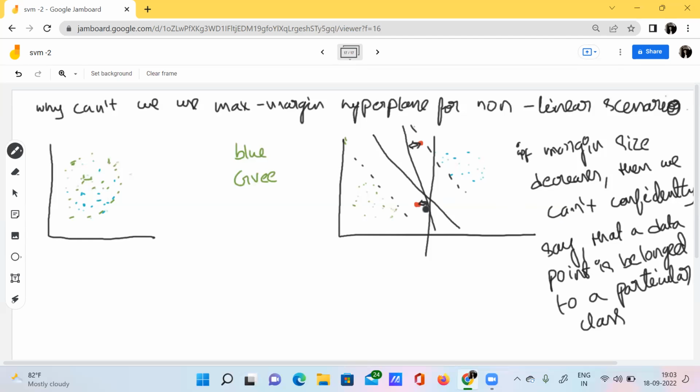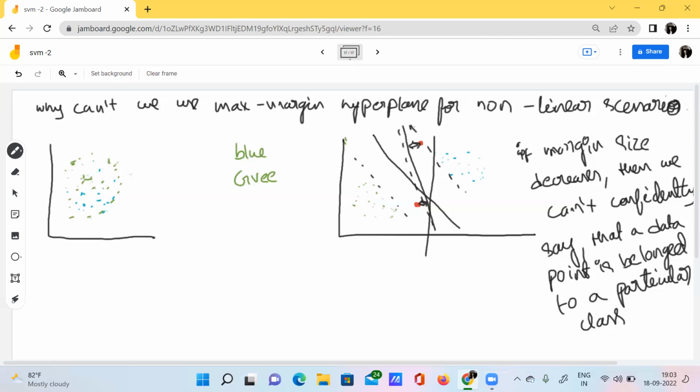If we want to perfectly classify a data point, it should have some minimal basic distance between the hyperplane and that particular data point. See here, if we consider this hyperplane, the distance between these data points and this hyperplane is very, very short. So we can form very minimal margins like this.